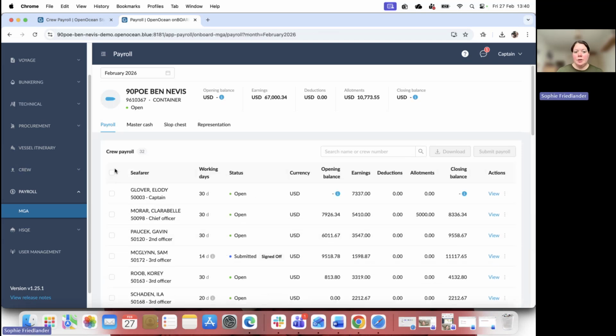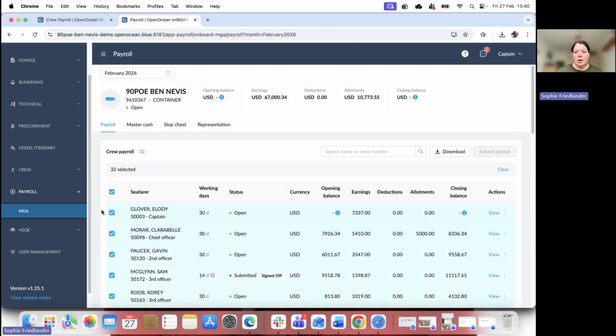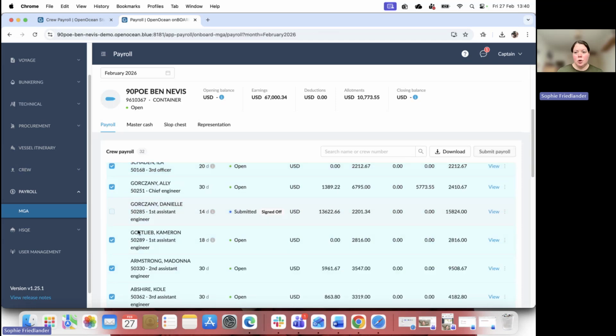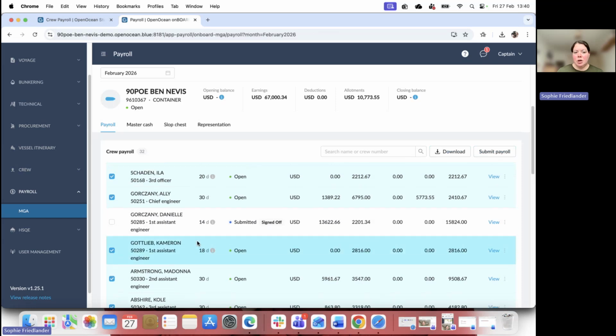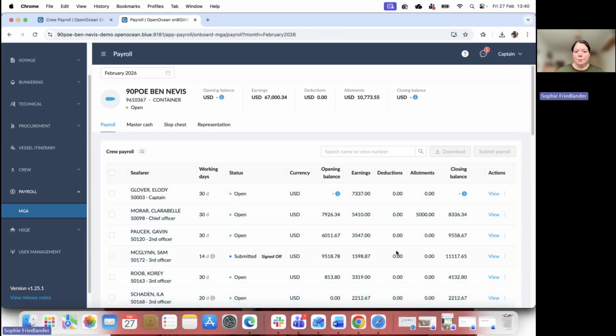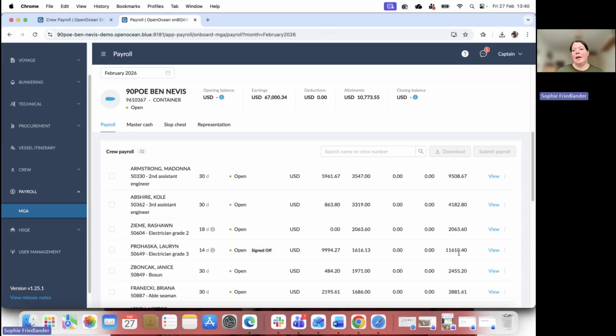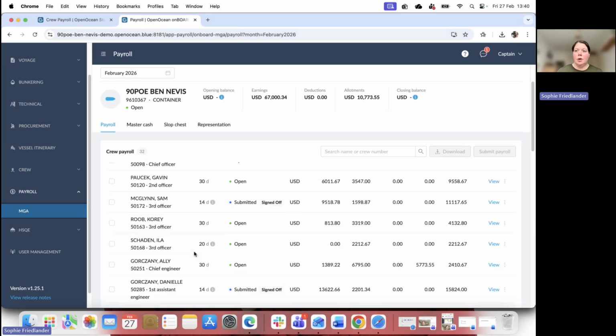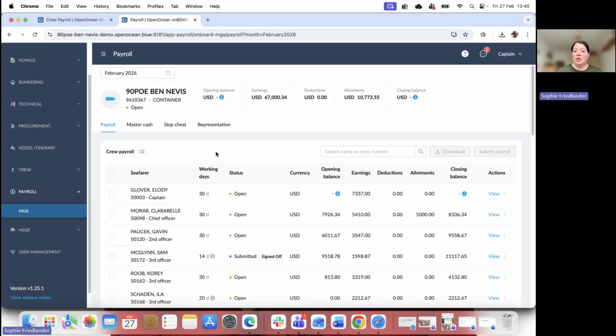So you can select all seafarers and submit payroll. If you take off the ones that you've already submitted, of course, then that will allow submit payroll for everyone. You can download everyone's statement of earnings at the same time as well. If you wanted to just print them all off and give them to them, that can be done here. And once they've all been submitted, it then passes ownership back to the shoreside where they are able to close payroll and gather the information for creating